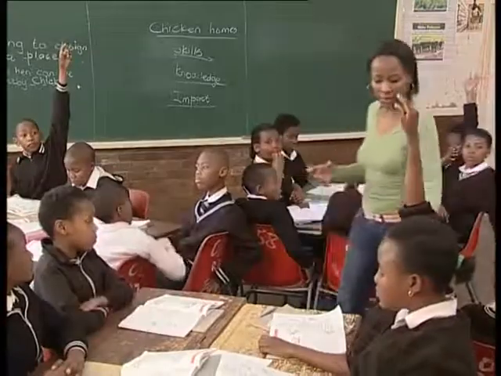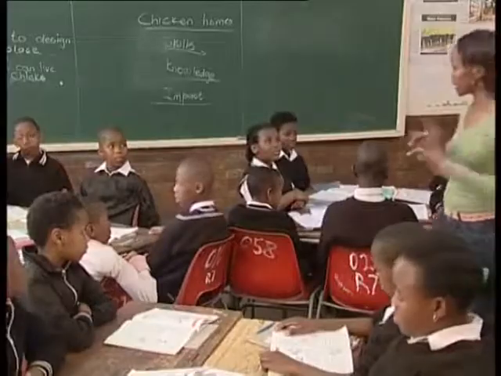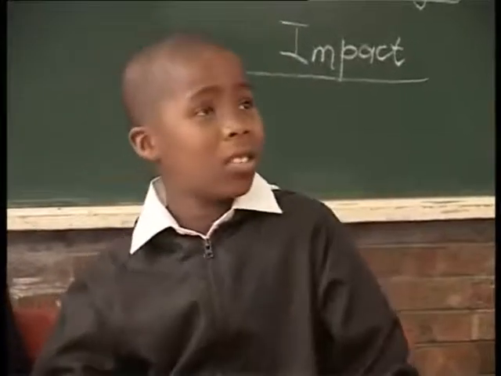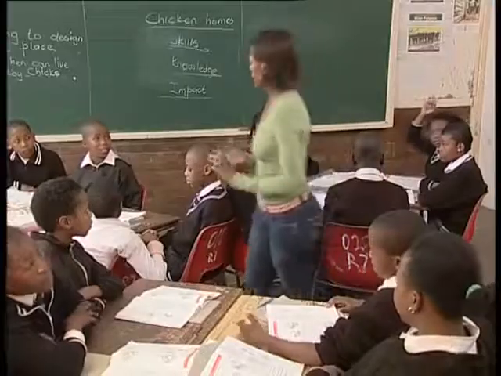Starting from number 1. Yes, Elizabeth? Exercise. Good. The space to exercise and to move around. Another space they need is for? Yes, Kulego? To lay their eggs. Good. To lay the eggs. Another space? They need space for what? A space to drink the water. Excellent. The space to drink the water.